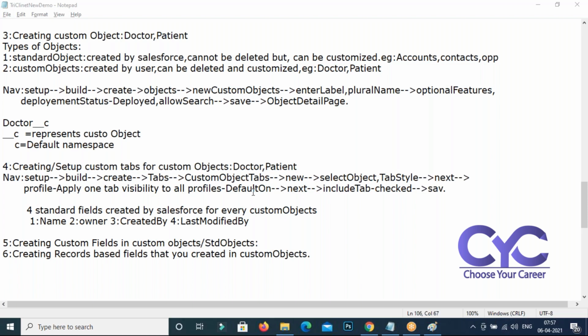Please create your object as well as the tab. Tomorrow, every day's session, you should finish it. Please don't wait for that. It will take 1 hour to explain it, but if you do it yourself, it will take only 10 to 15 minutes, I think. Just watch this navigation and create it immediately.